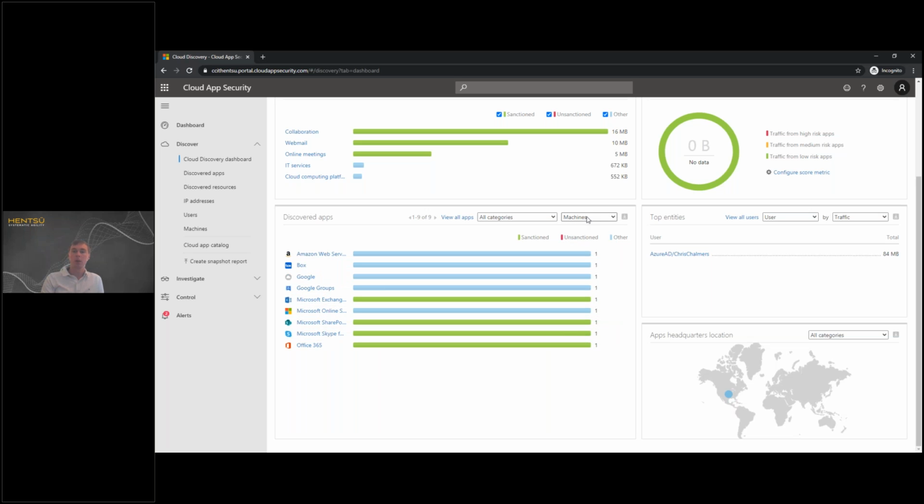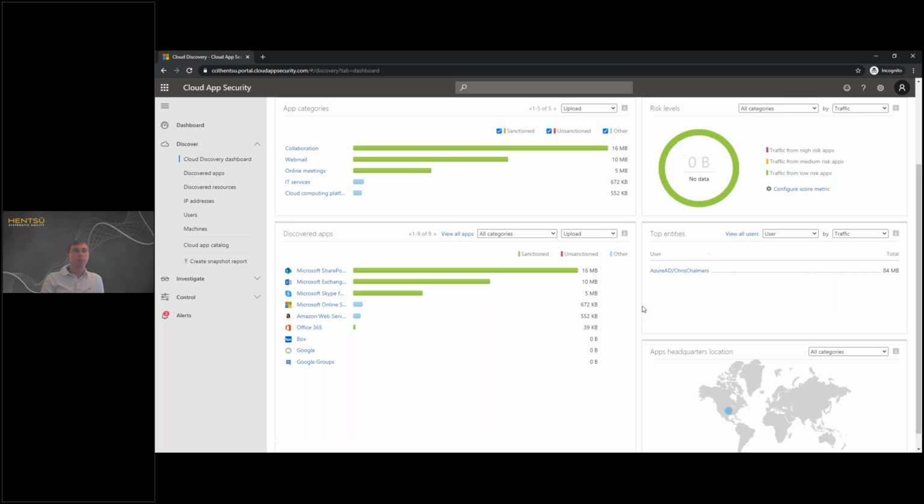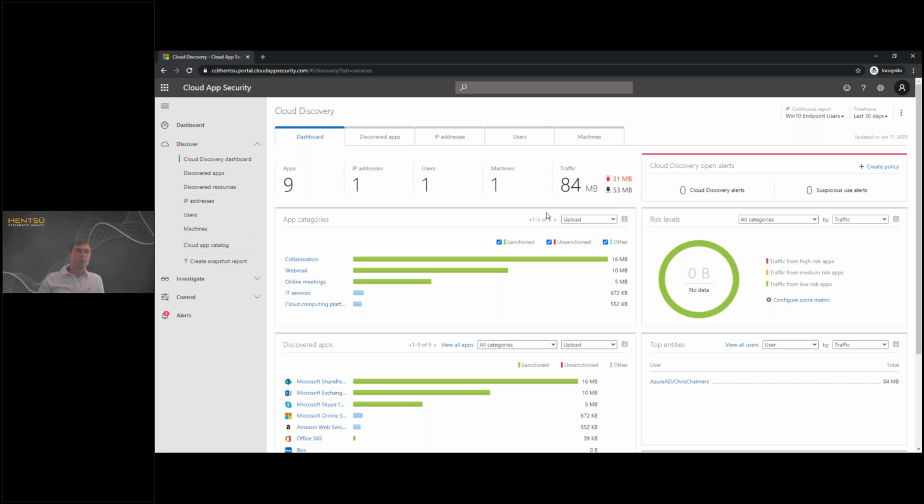I only have one sandbox machine in my environment. My users view is very similar, as is my IP addresses. Change back to uploads, so you can see from the SharePoint app, there's been 16 megabytes uploaded to there. Top entities is your users, and you also get a good view on locations, so you can see where I was logged in from. And if we look at discovered applications,